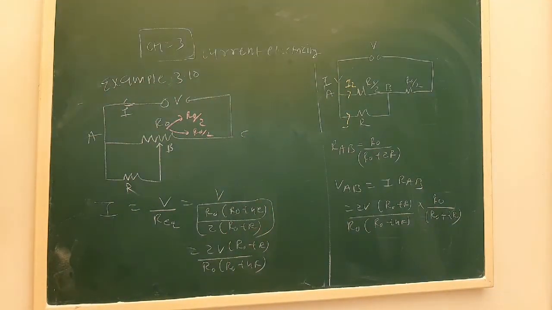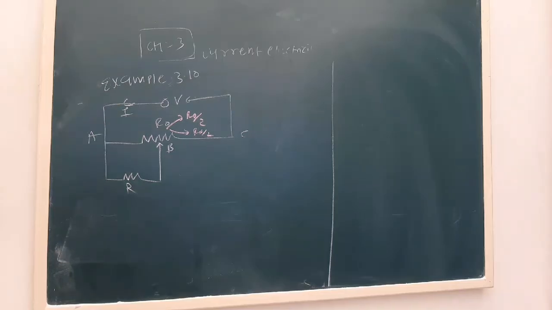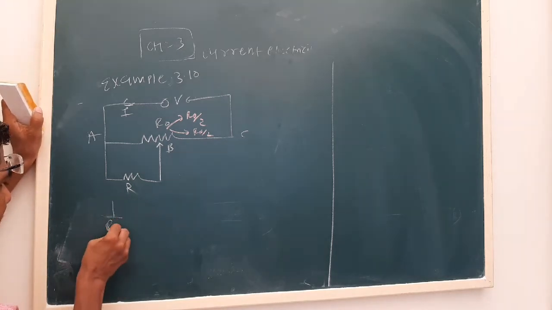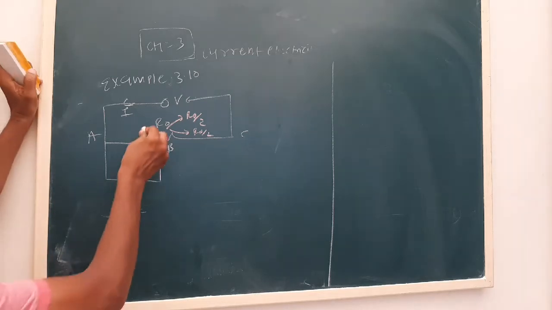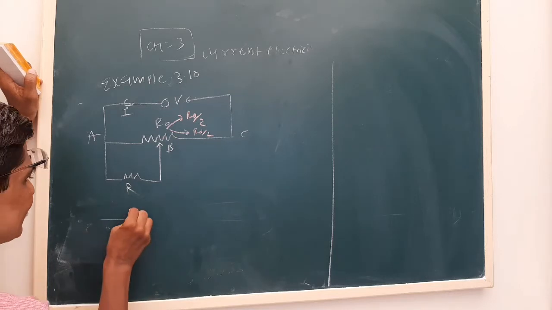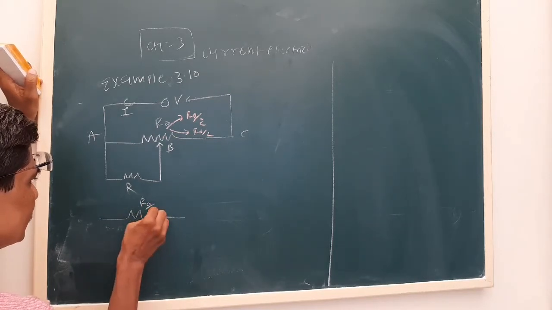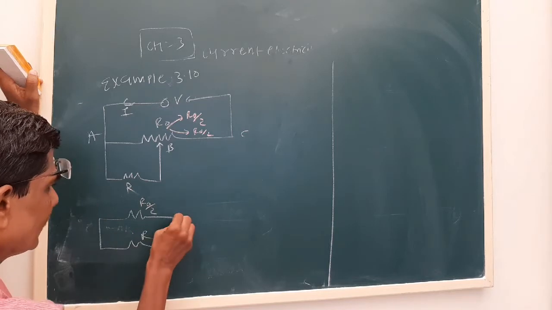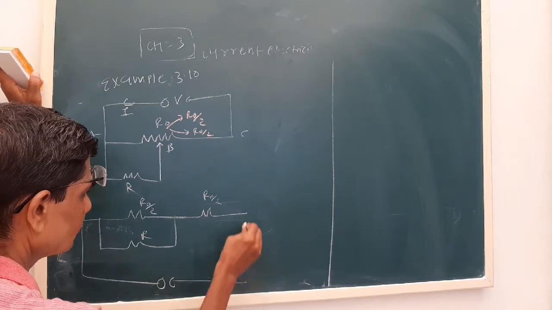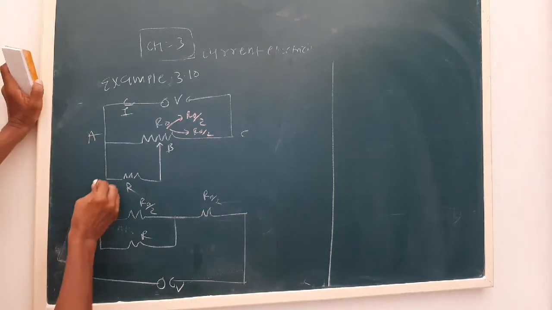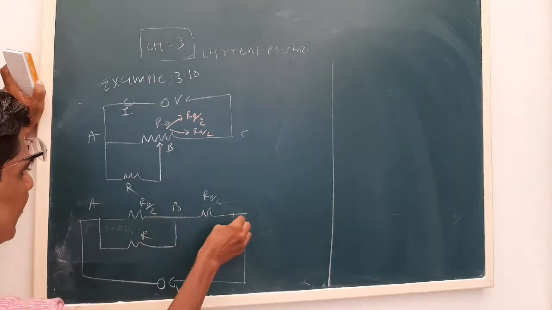Now let us see. We take this sum again. See, first is 1 upon RAB. What you have to find out? This is a potential divider, divided into two parts, R0 by 2 and R0 by 2. We have to find out the voltage across capital R. 1 upon RAB. See, the circuit will be like this: R0 by 2 into R. The battery you can show here also, there is no issue. Now these are the points A, B and C I am showing.